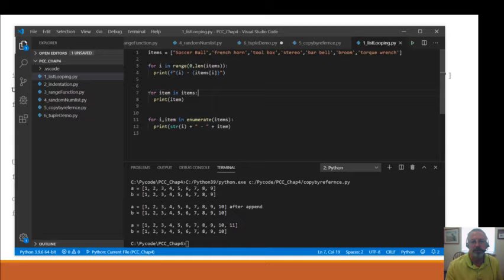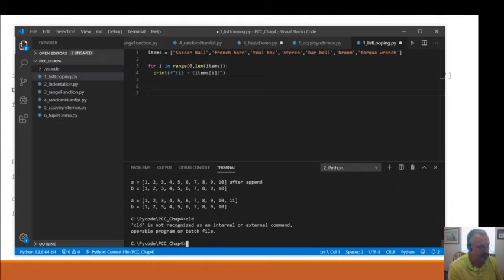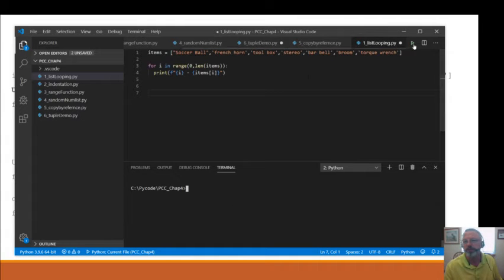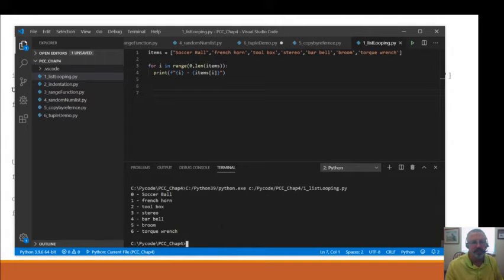So let's go ahead. I'm going to delete these so we can see it clearly. And let's clear this here. Okay. So let's run this and see what the output is of this. And we'll see that we have the enumerator 0, 1, 2, 3, 4, 5, 6, along with the referenced item in the list, or the value of the element in the list. So for I is in range 0 through 6, or through 7, which is the one less than 7, we can print out the items. Okay, so that's using the enumerator.